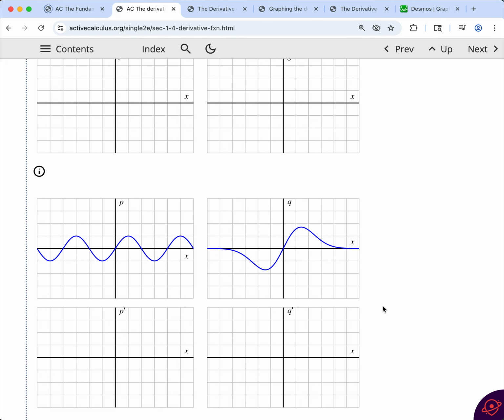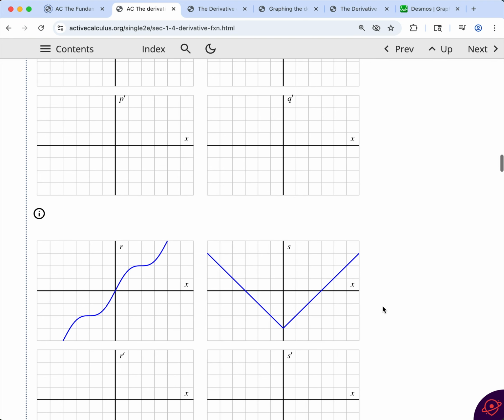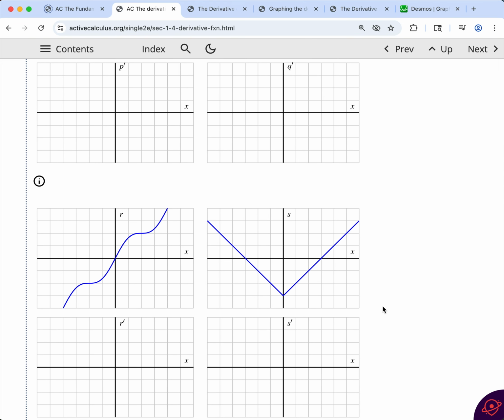Okay? You like the whistle effect on that? Okay. This one